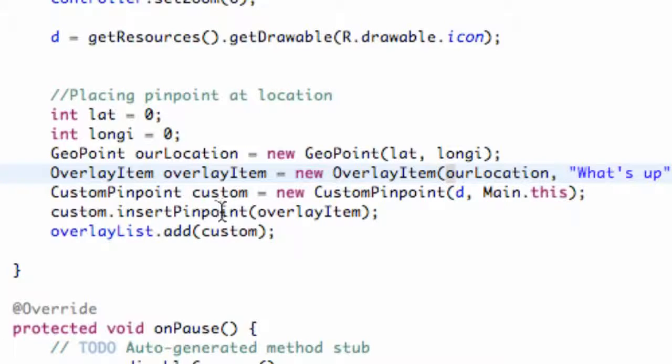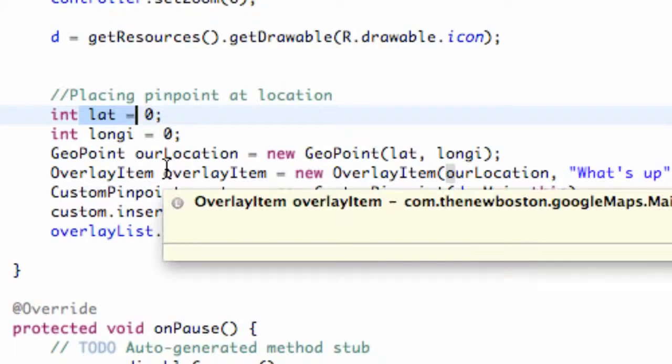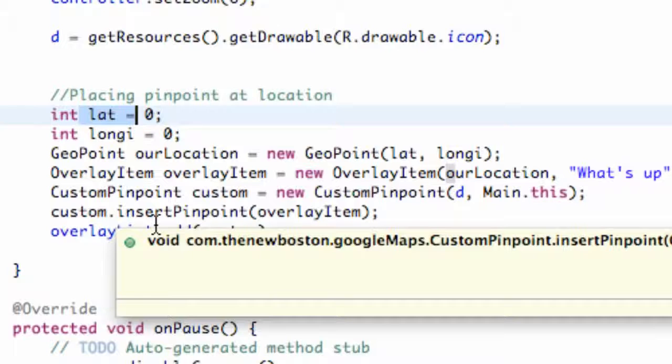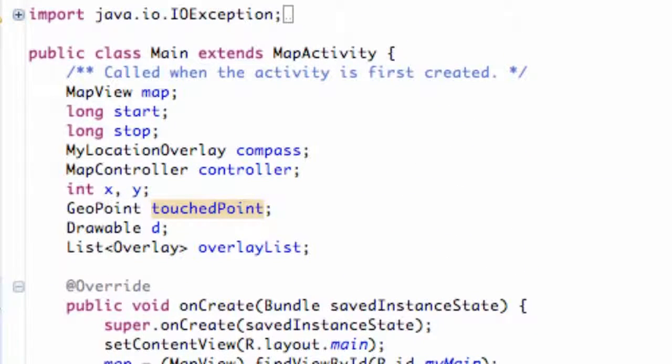So right now it's just going to draw our pinpoint at location 0, but what we're going to do is change these longitude and latitude values to basically where the person is using this application, and we need to do that through a location listener. So that's going to, like I said, triangulate the position of the phone according to different towers and all that stuff. So we're going to go up to our activity, and we're going to let it implement a location listener. So we're going to say implements LocationListener,